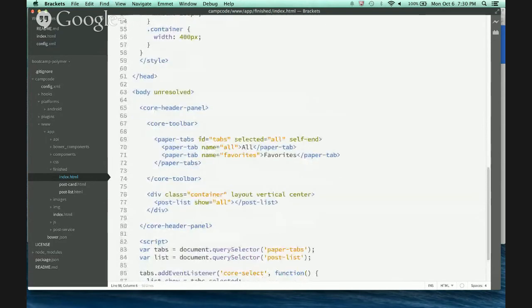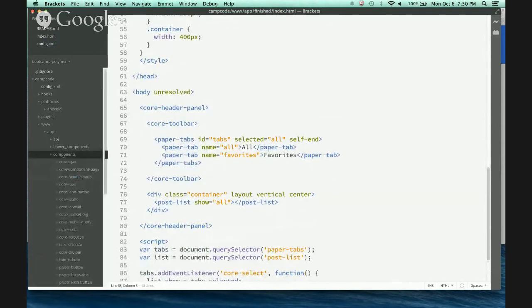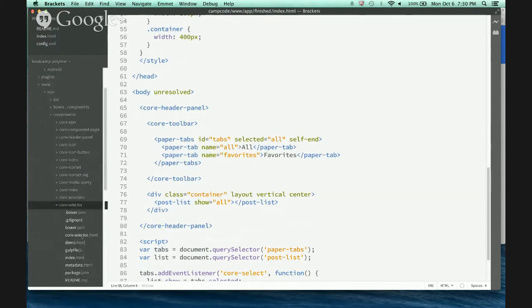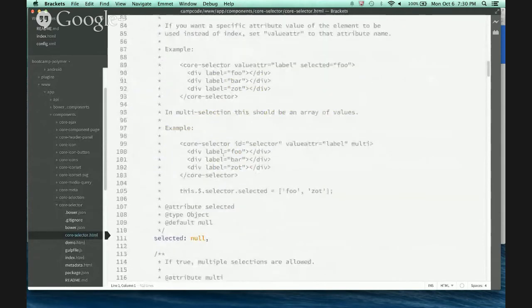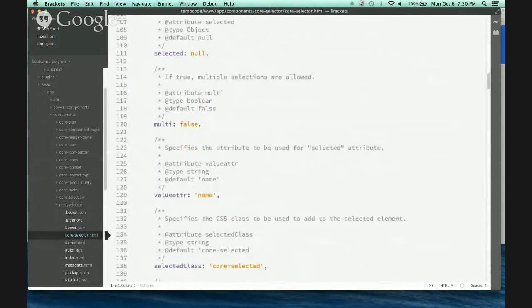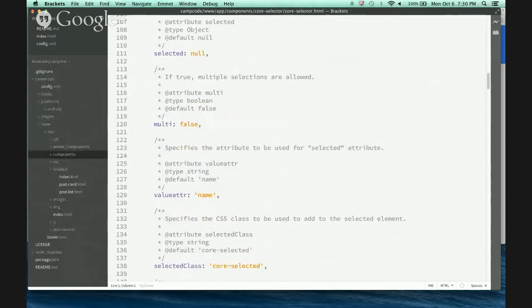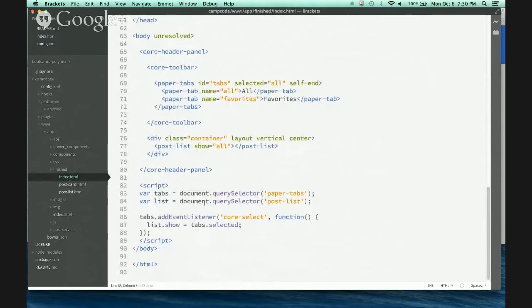And the core select is, as you can see under, let's see here. So core select, if we look at that, is a way to dictate things that are choosable. And so they're saying, all right, when one of the tabs is selected, show which one is selected. So you look at in here,